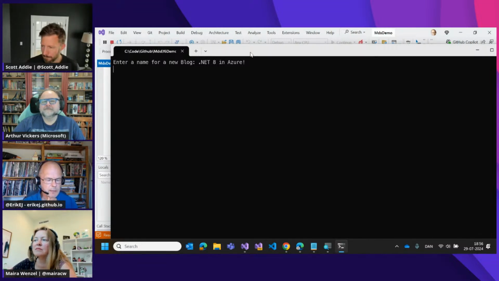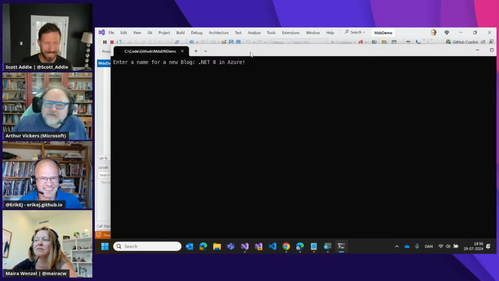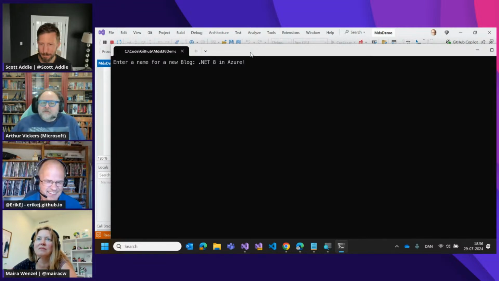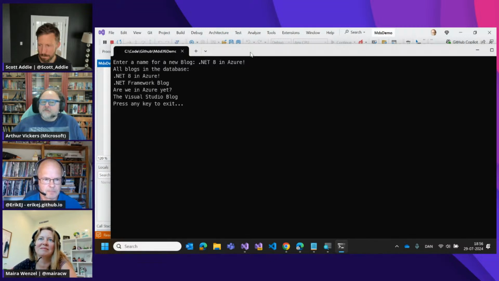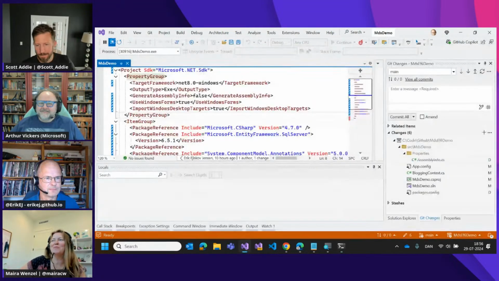And again, I apologize for my low bandwidth or something. So this is using EF6, old school EF6 still. Remember, we haven't updated to EF Core at all, but we're running on the latest fully released .NET, and we're connecting to Azure with modern authentication. Correct, Arthur. Excellent. That's awesome. It took us just a few seconds to upgrade that one.